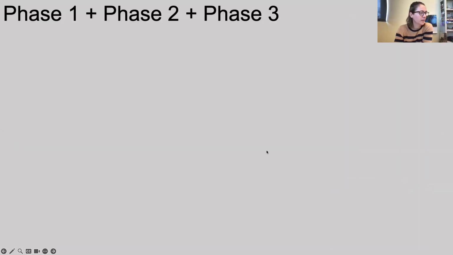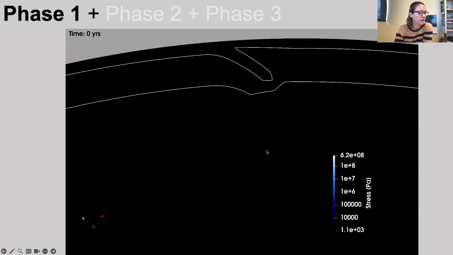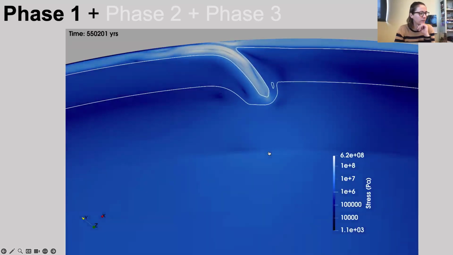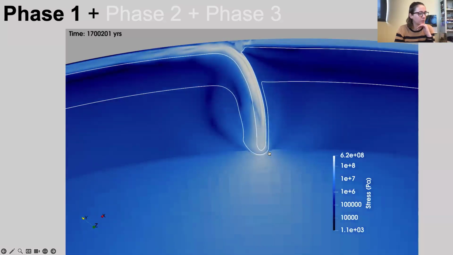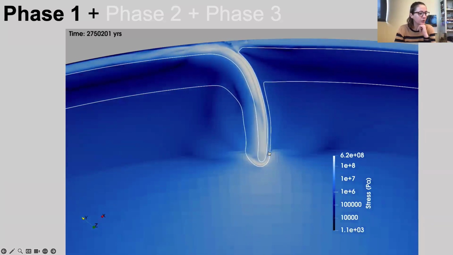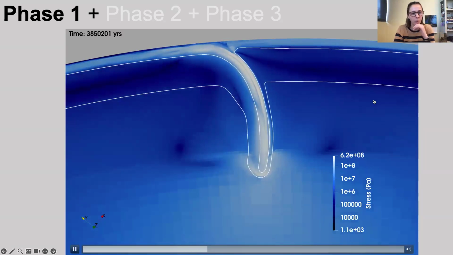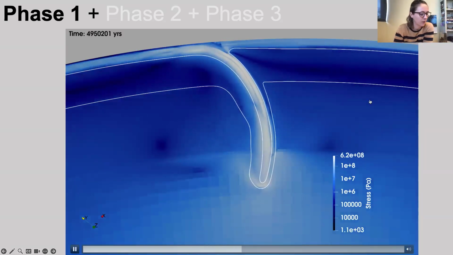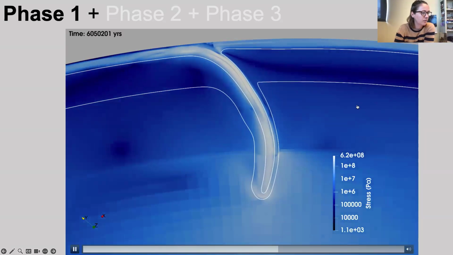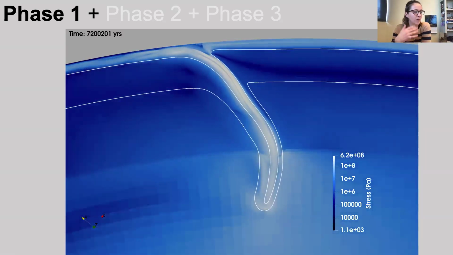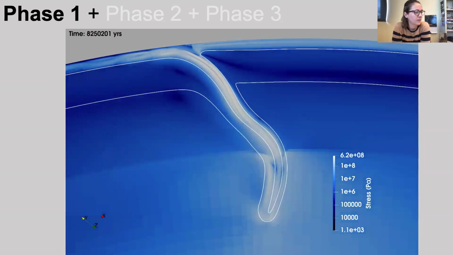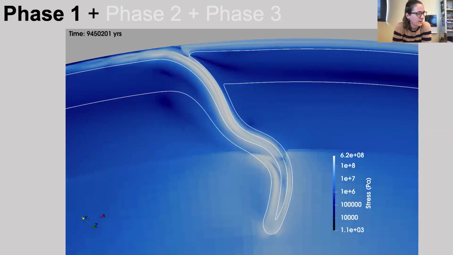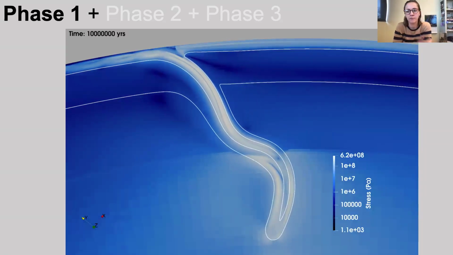What this looks like in practice is the 3 phases run together. In phase 1, the slab, like I said, begins from a proto slab and starts subducting. You're looking at the stress field again, so white is high stresses and dark blue is lower stresses. It's just going to evolve on its own. Remember, I'm not applying any velocities at the surface, and we end up at this final point in the phase after 10 million years of our evolved geometry.